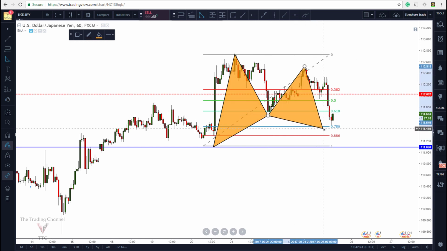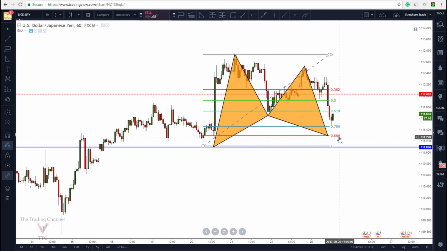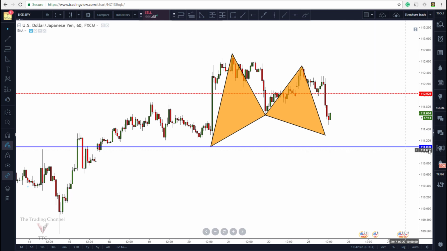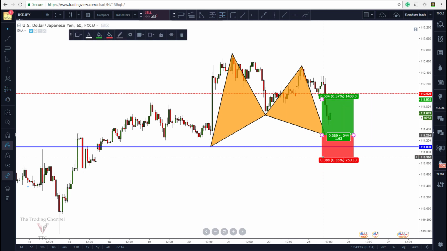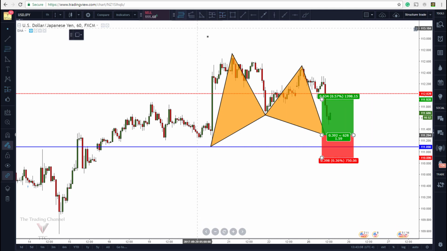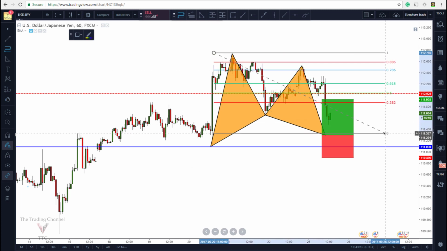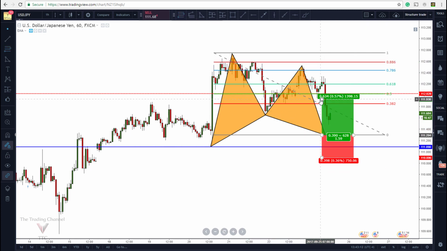And as you can see, once I draw it in, we have a completion of this Gartley pattern very close to our 111.09 major level of structure. So I'll go ahead and put on a long position tool. We're going to have our stop loss below this major level of structure, and we are going to have profits sitting around the 382 level for first targets, and for second targets we'll be looking for trend continuation out of